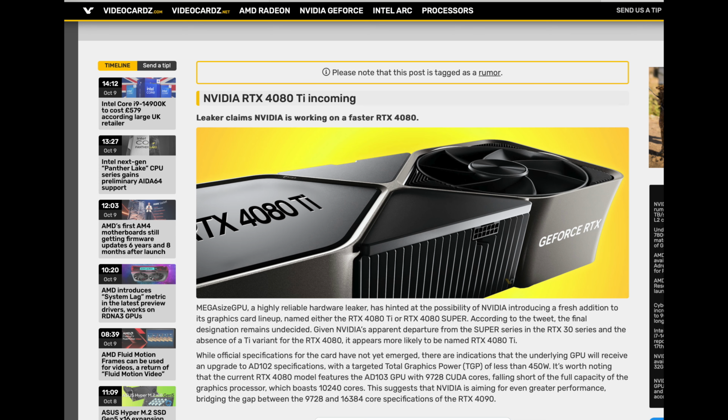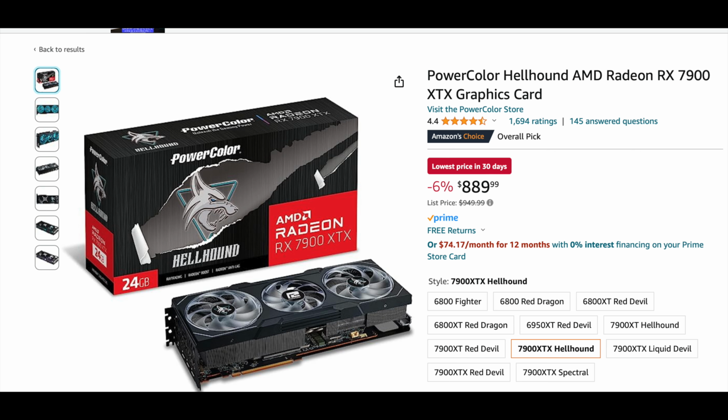Obviously, nothing is happening on the 4080 and 4090 front. Even if there's a 4080 Super, that's just more competition with NVIDIA themselves, since AMD's 7900 XTX is still pretty much under $1,000, so it's not going to compete really over $1,000 with those GPUs. You could argue if it's a better bang for buck or not, depending on the type of games you're playing,